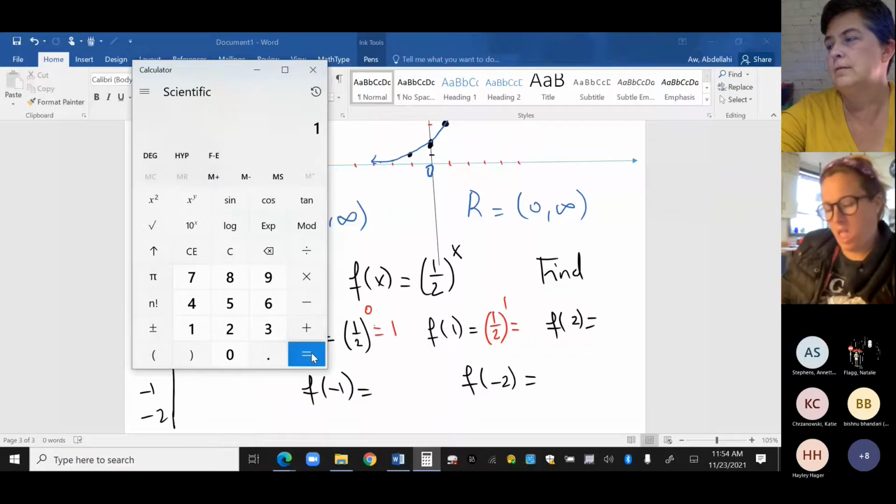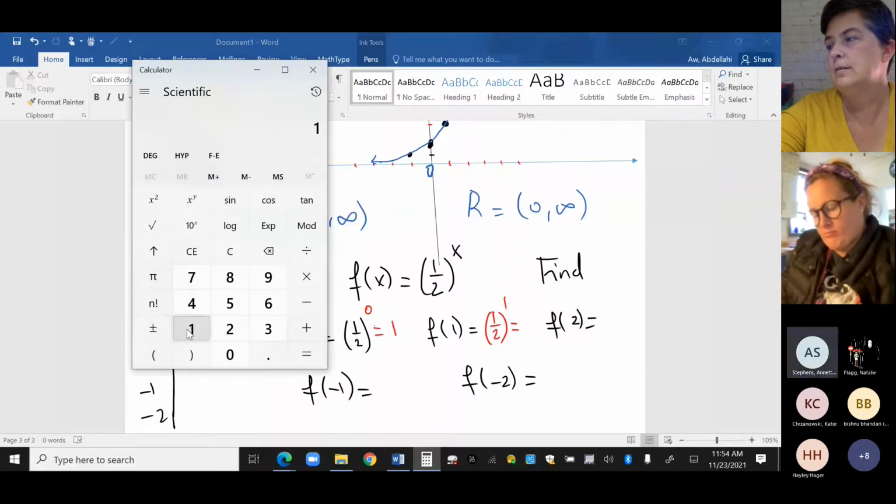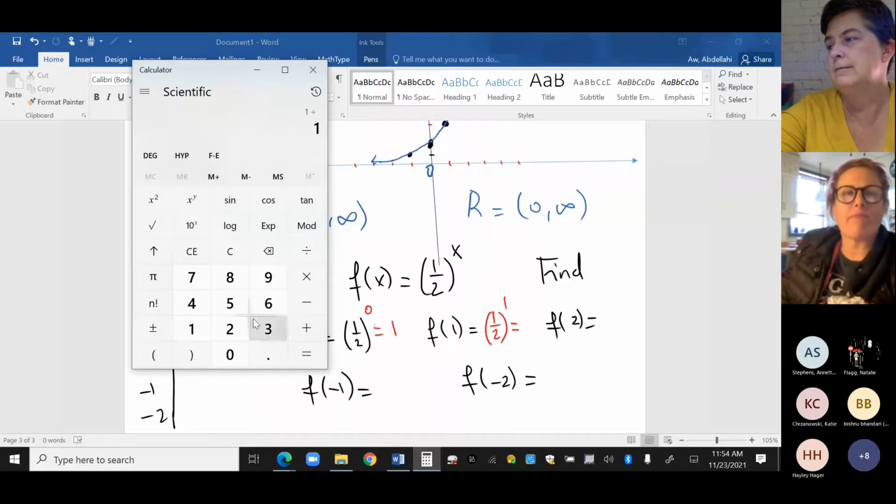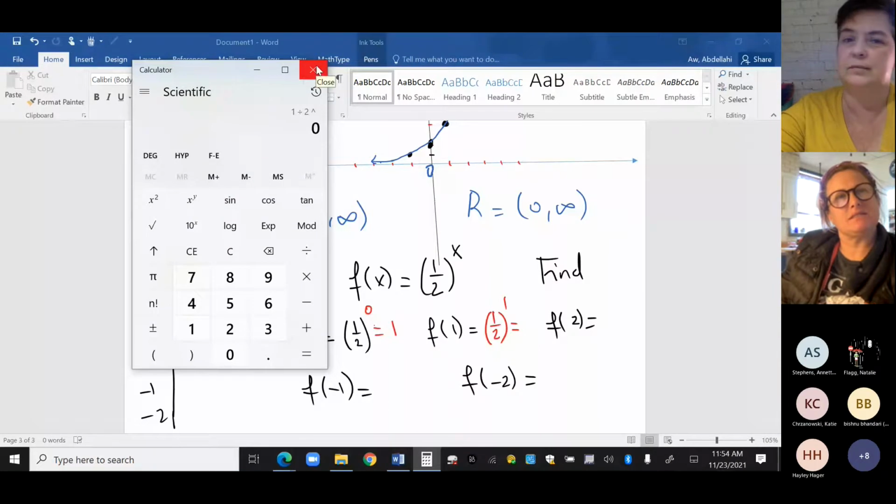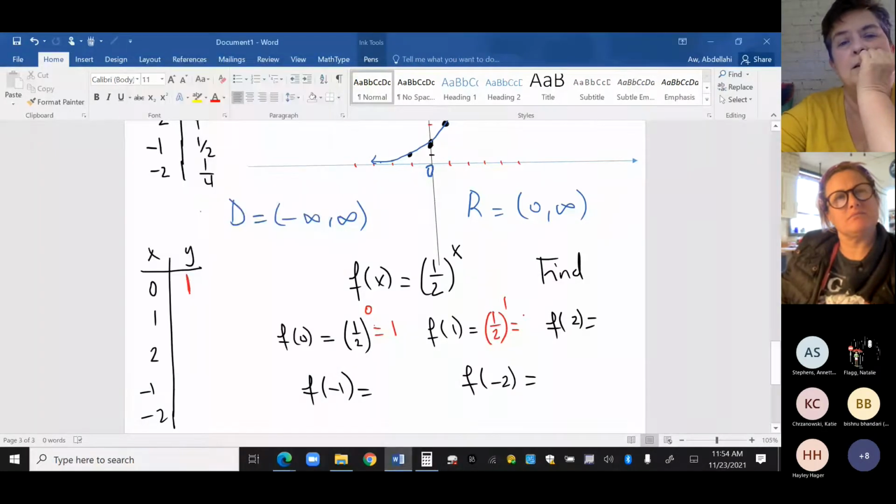Now let's do it without parentheses. Let's do 1/2, and then I raise it to the 0 power. Again, you see, this calculator is some type of smart calculator. So it's going to do it the right way, because it's going to auto correct that. But let me show you. If you don't put parentheses right here, if you do 1/2